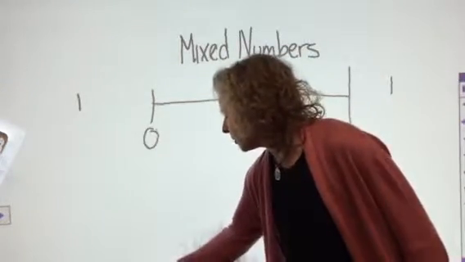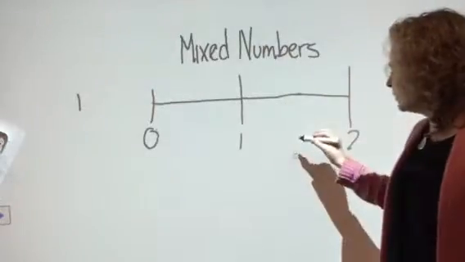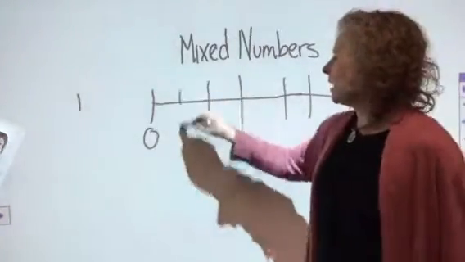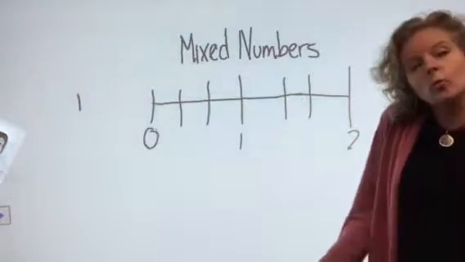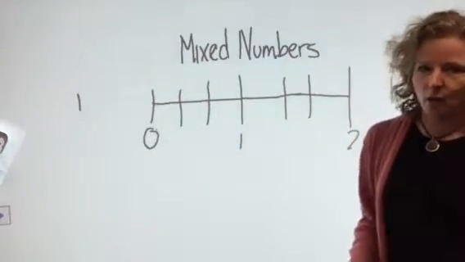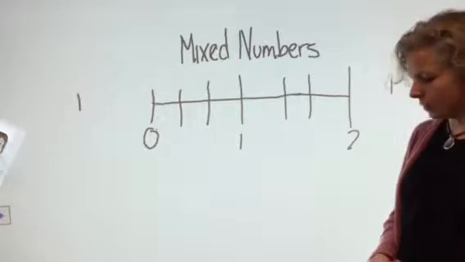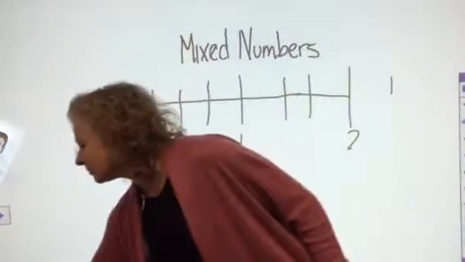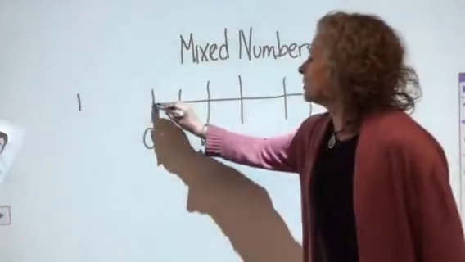But when we start talking about fractions, we start talking about those numbers, the little pieces in between. When we have a little bit more than 1 or a little bit less than 1, what do we call those numbers? So we call them fractions or we call them decimals. So far we've been talking about